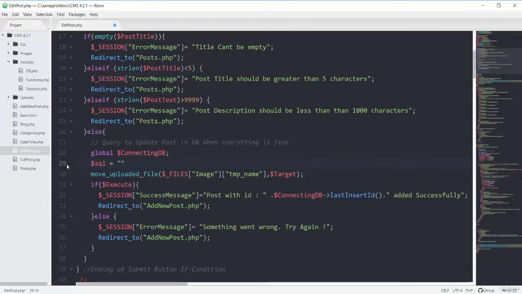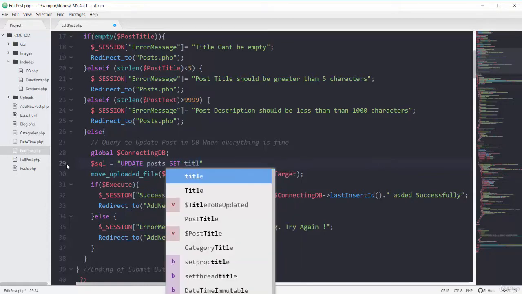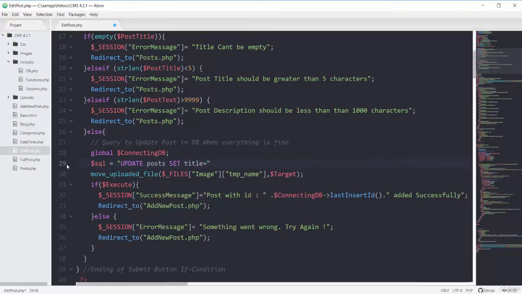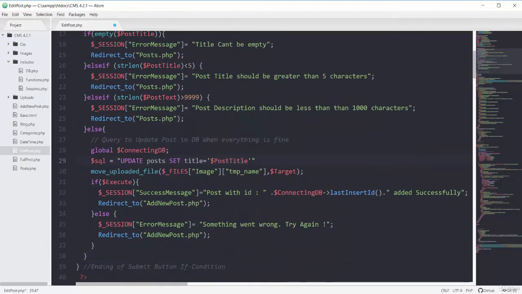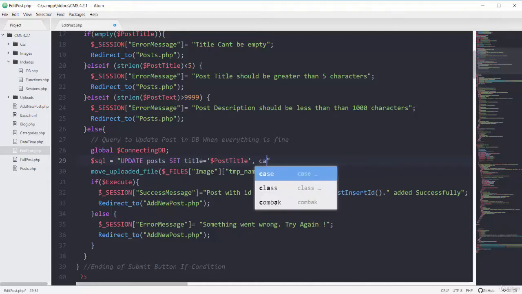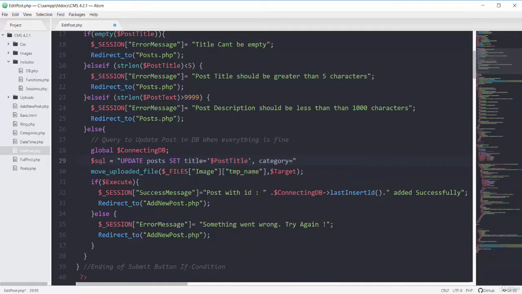So this SQL will be update my table of posts and set my column of title to this new title. So the new title will be this post title. So we will change only our title, our category, our image, and our post description. So the next one will be change my category to this new category